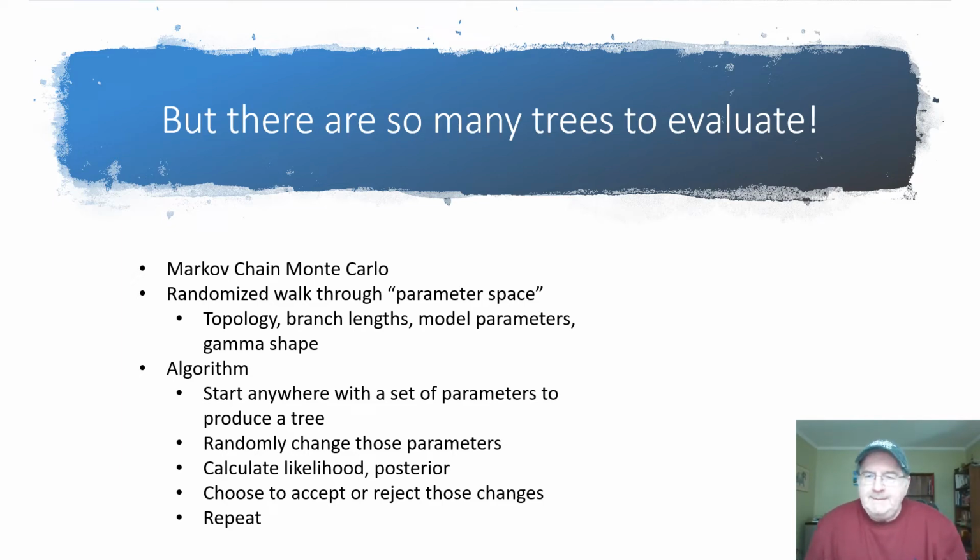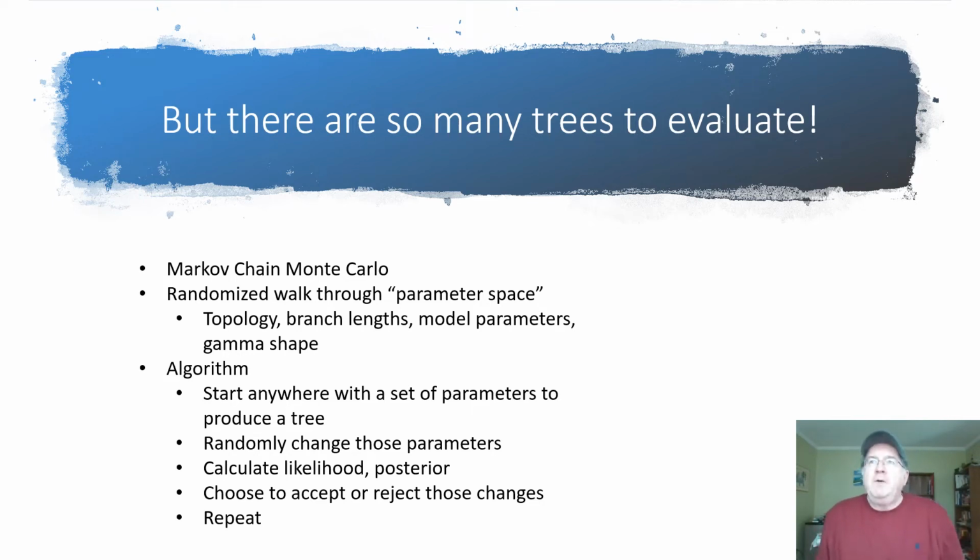And what the software that implements Bayesian phylogenetics, well, not only phylogenetics, but a lot of Bayesian approaches to other questions in science, does is start with what's called a Markov chain Monte Carlo. Now,